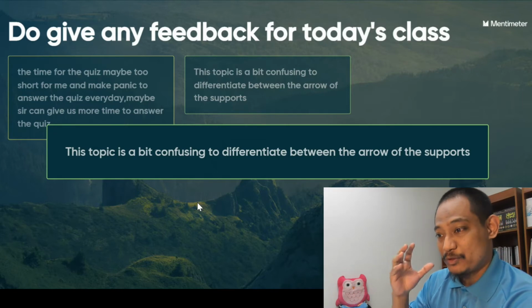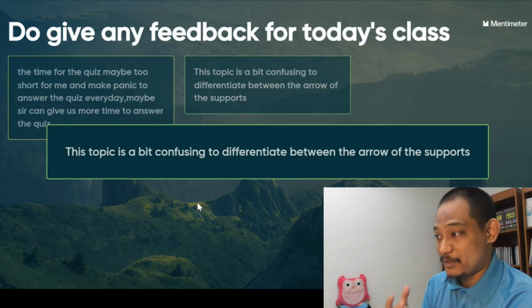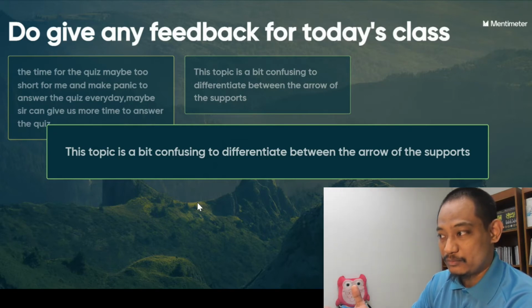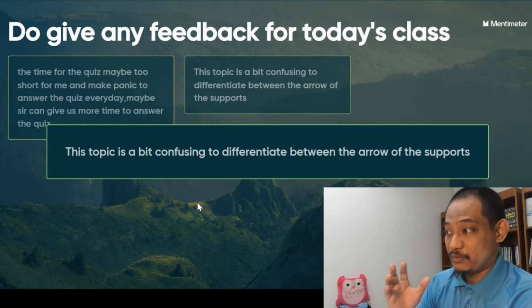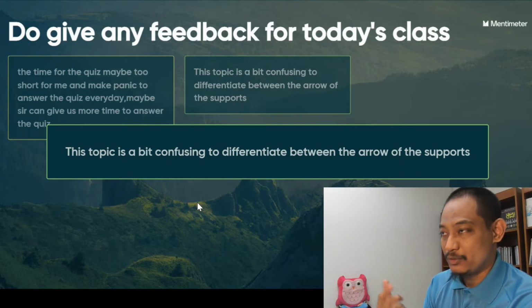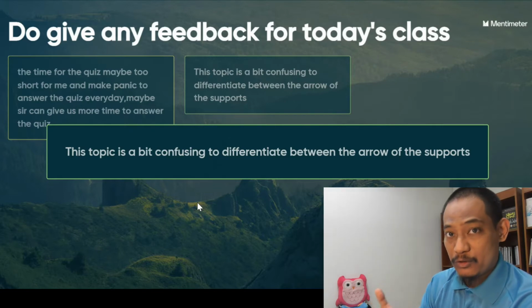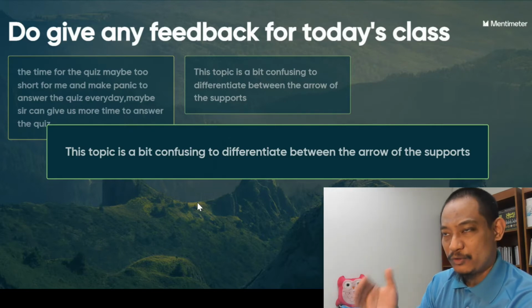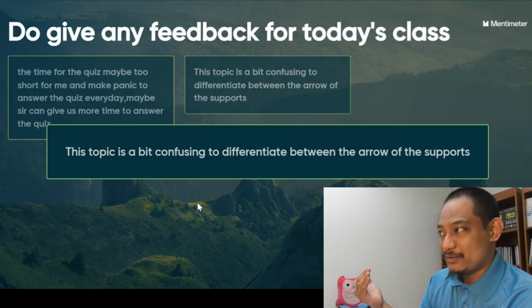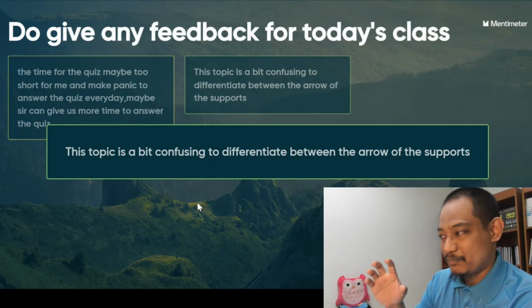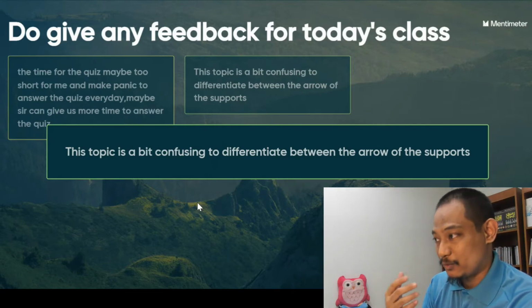If you are confused, make sure you ask to get the clarification until you're clear about it, because if you just say it like this, it may not solve the issue, because I'm not sure what type of confusion that you have. Do you not understand how we draw the arrow between forces and moment, or you do not understand why the arrow is there in the first place, meaning you cannot imagine the reaction of the each type of supports or what, right? So